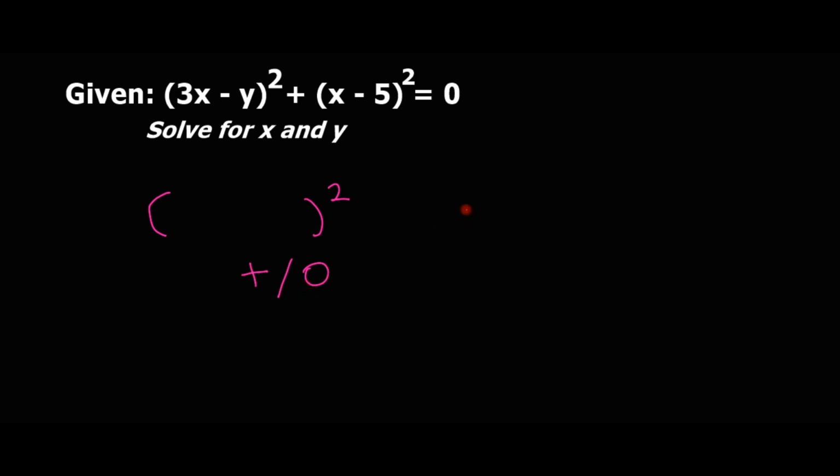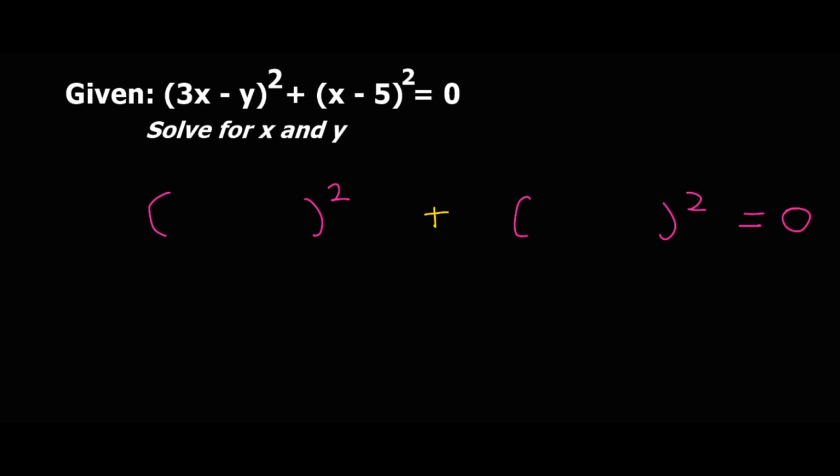And then another thing to know is that for the sum of two squares to be 0, both squares must be 0. Let me repeat. For the sum of two squares to be 0, both squares must be 0. So now I'm having a sum of two squares. This is (3x minus y) all squared plus (x minus 5) all squared equal to 0. So for this to be true,